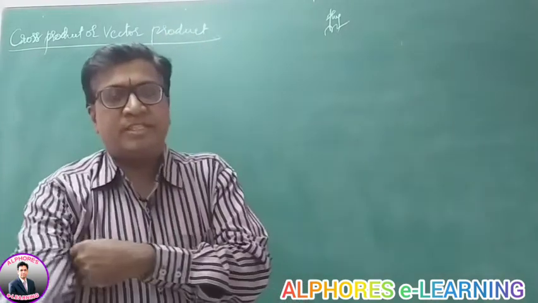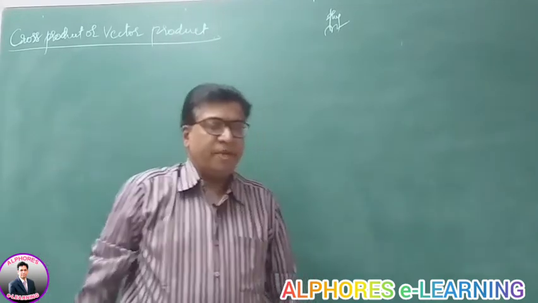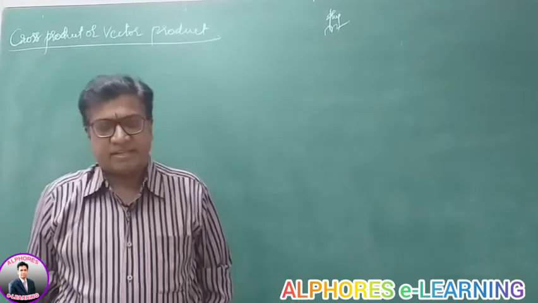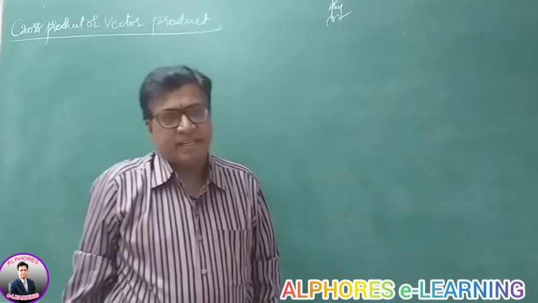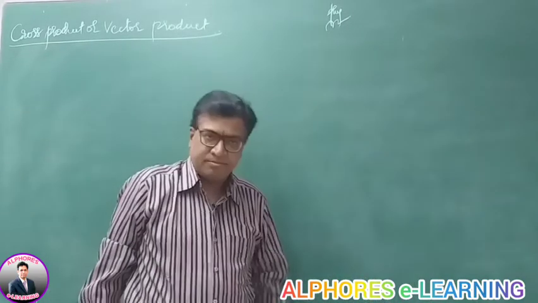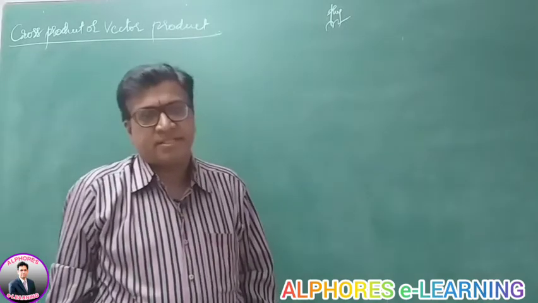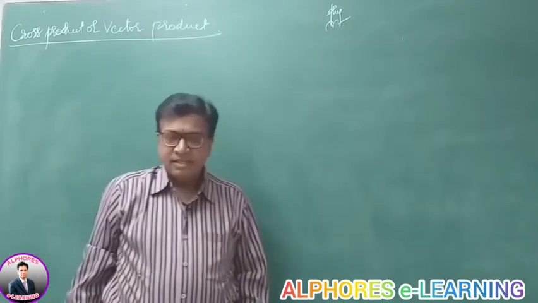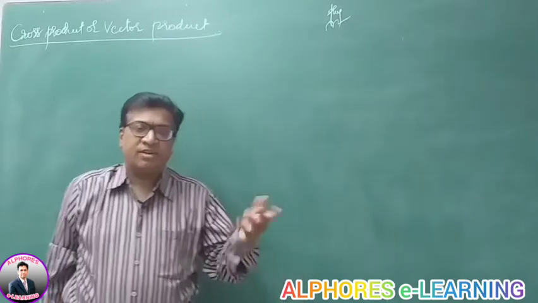Before going to the topic, let's recall the necessary things to understand it. Physical quantities are of two types, scalars and vectors. Scalars have only magnitude, no direction. Vectors have both magnitude and direction, and they obey the laws of vector addition. Vectors are represented by three methods. Later I discussed different types of vectors, like parallel vectors, unit vector, and so on.